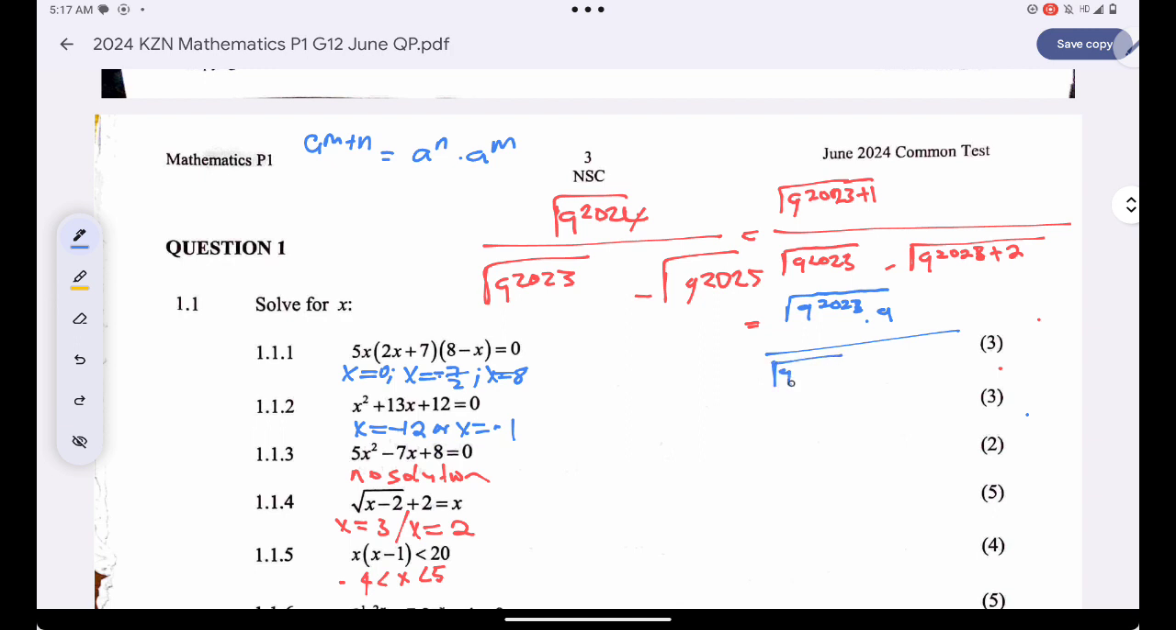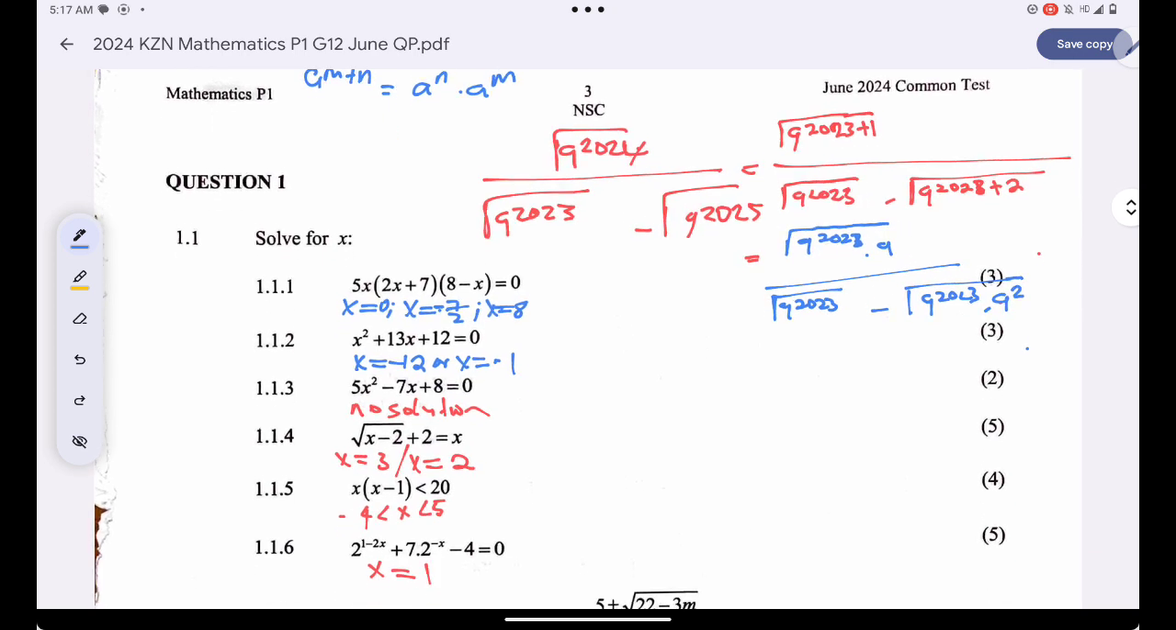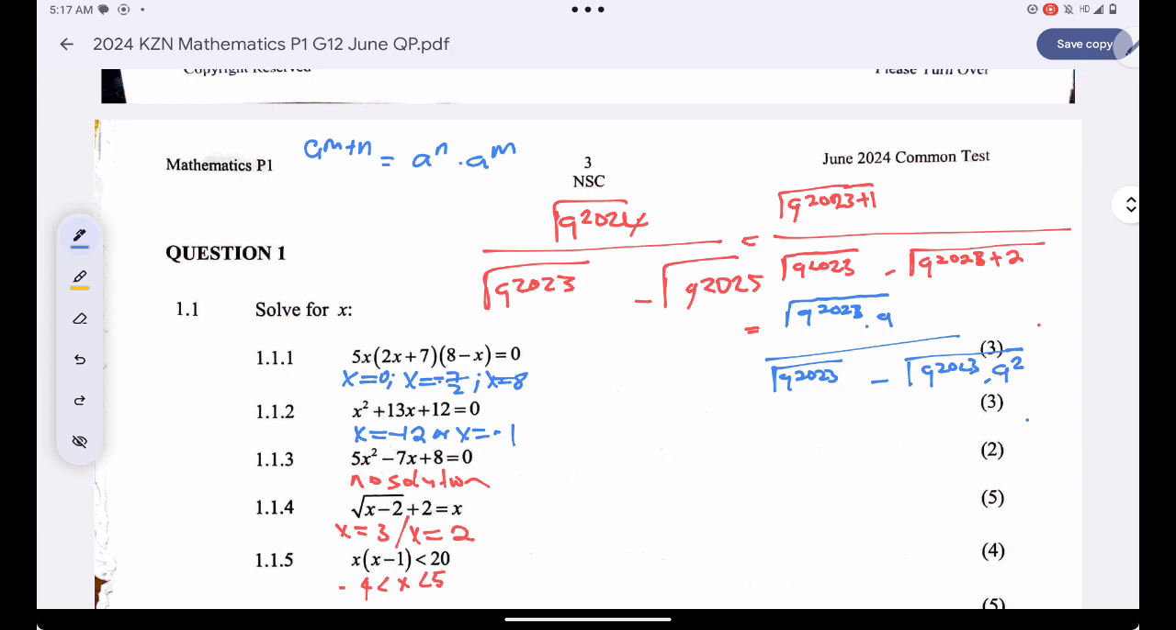Here I'll keep things as they are. 9 to the power 2023 minus 9 to the power 2023 multiplied by 9 to the power 2. Okay, now I'm going to use this rule. If ever I have two things multiplied under the same root, a multiplied by b, I can simply have the square root of a and the square root of b. Are you together? And then simply means that I'll have the square root of 9 and the square root of